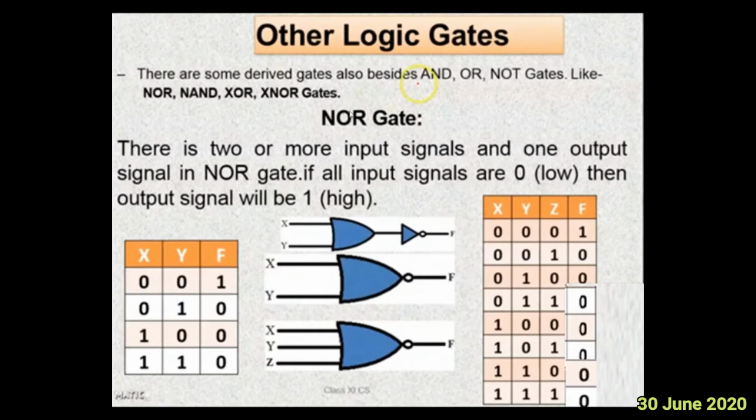Understood? Writing the truth table is very easy. First you write for the OR operation and then you make a NOT. For example, for the inputs 00011011, if I write an OR gate, as you know, in case of an OR gate the output will be 0 if and only if all the inputs are 0. So accordingly the column will be 0111. Now the NOT, the reverse of it: if it is 0111, then it should be 1000, right?